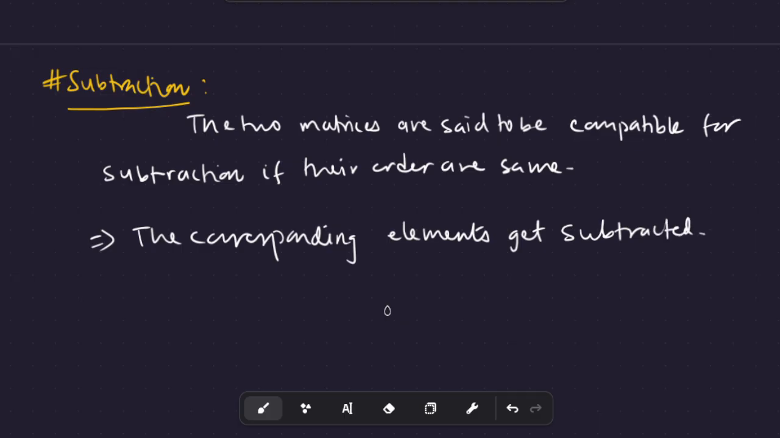The corresponding elements get subtracted. So in case of addition, the corresponding elements get added. In subtraction, the corresponding elements get subtracted. For example,